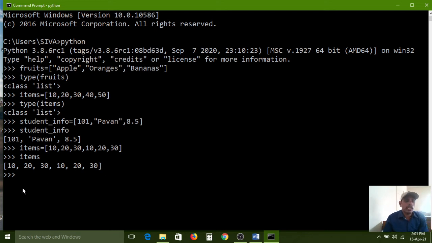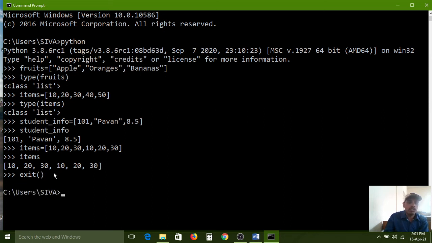So list creation is completed, and now accessing list. If you want to close the Python shell window from the command prompt, we can use the exit function. It is a predefined function.